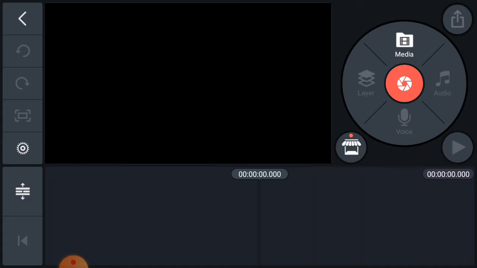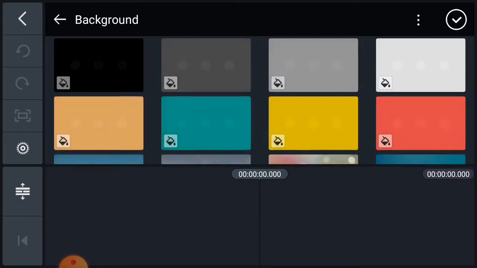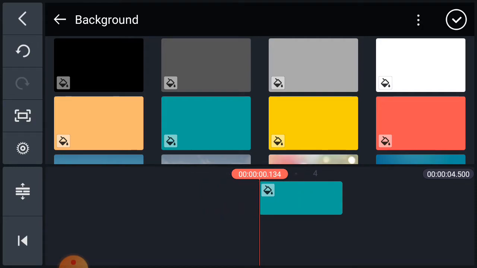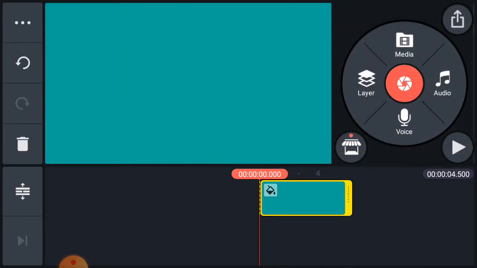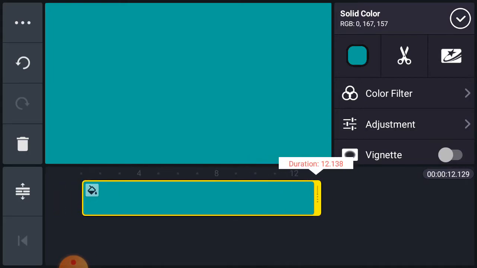Now what will you do? You will select the color. You will click on the media, and then from the background you will select the color you want. Suppose I choose this color. Select the color and click OK. From here you can drag this and make it as long as you want.